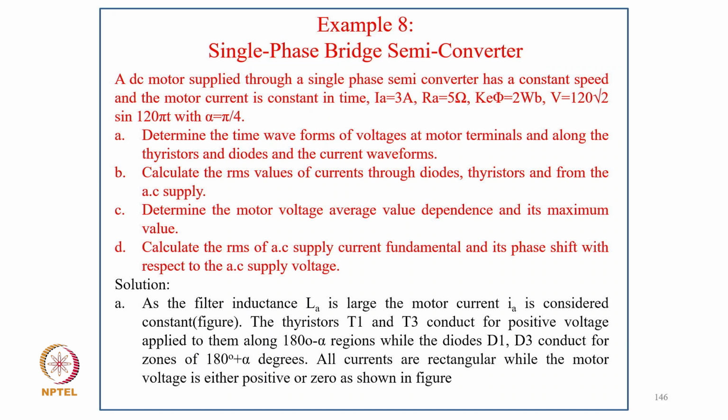Now example 8, single phase bridge semi converter. A DC motor supplied through a single phase semi converter has a constant speed and motor current is constant. So I equal to 3 ampere, R equal to 5 ohm, K lambda equal to Weber, and V equal to 120 into root 2 sin 120 pi t, and with alpha equal to 5 by 4, determine the time